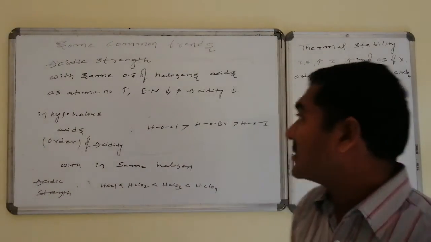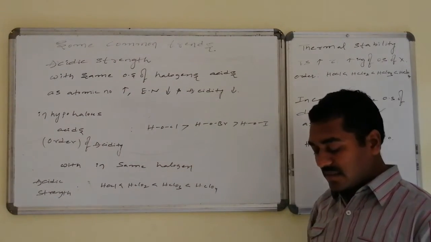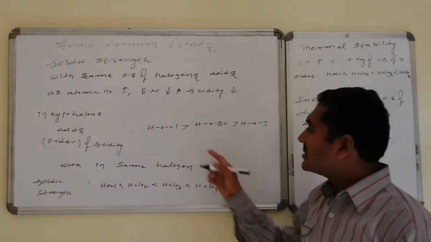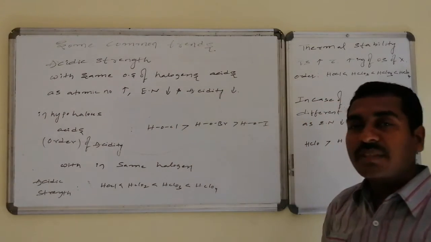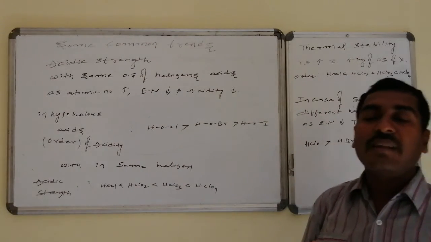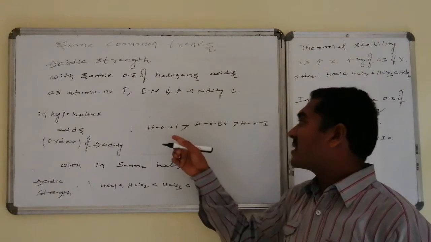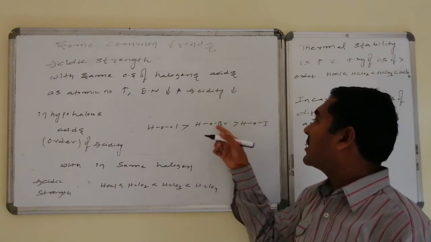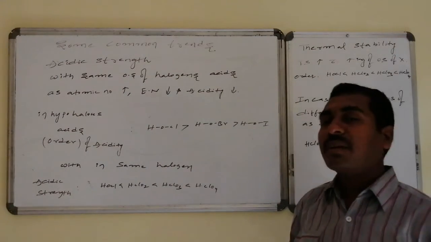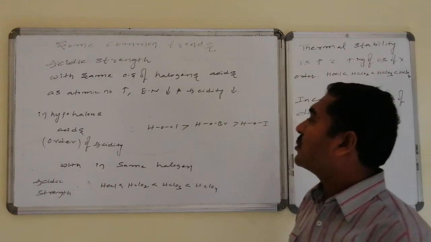Thus, here it is found that in case of hypohalous acids, hypochlorous acid, hypobromous acid and hypoiodous acid, HOCl is found to be more acidic in nature. After cleavage of HOCl into H+ and ClO-, the Cl and the oxygen are nearer to one another as per the atomic number, so overlapping of orbitals will be maximum. It is more stable, that is OCl- is more stable compared to OBr- compared to OI-. As the stability is more at equilibrium, the corresponding dissociated concentration is also more. So therefore HOCl is found to be more acidic.